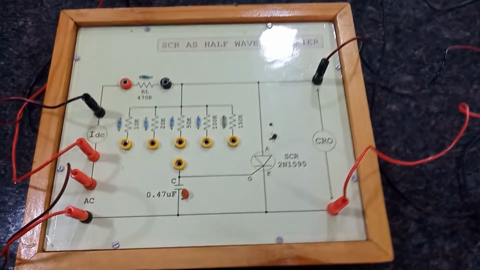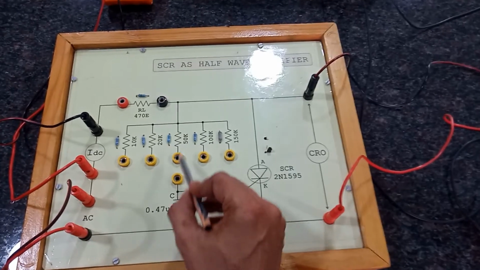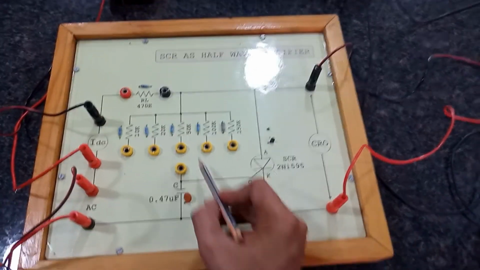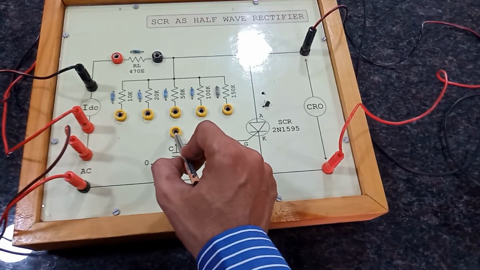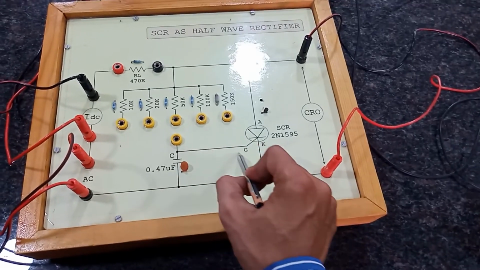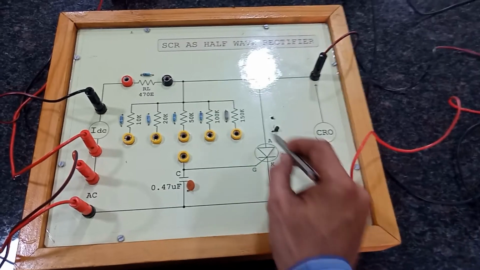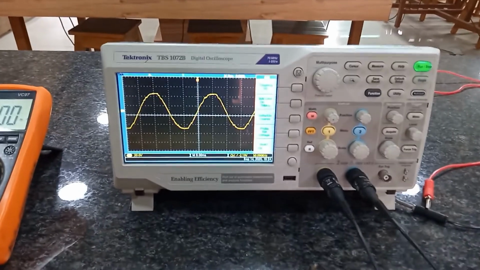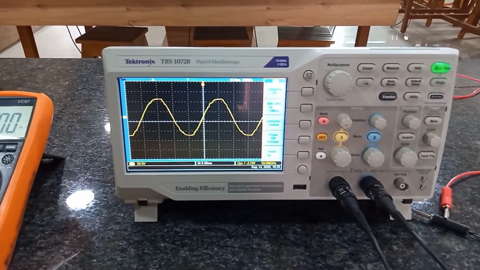Now, why is it a pure sine wave? Because you can see the SCR gate terminal is not connected to any one of these. The moment you connect any one of the terminals to the gate, it will allow a small amount of current to flow through the gate, and the SCR will go into the conduction state. So right now the SCR is in the off condition. SCR is not conducting anything, right?